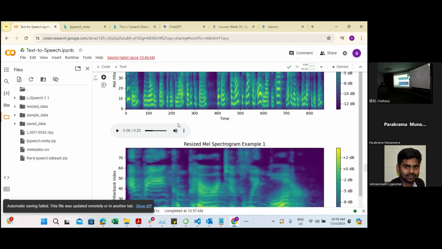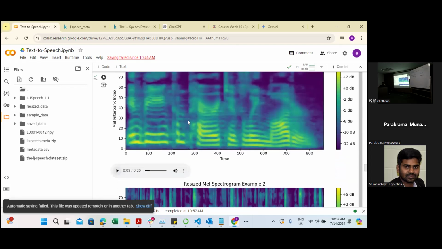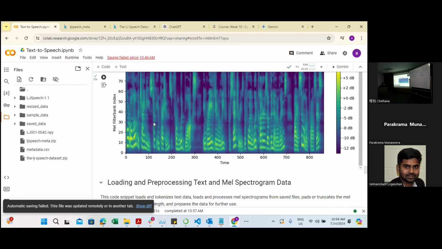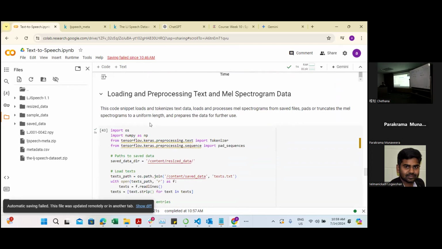Even in the image, resizing will lose the clarity, right? So visually we have seen it, and audio also we have heard how it's losing the clarity. So now we have prepared the data, and what we will do is